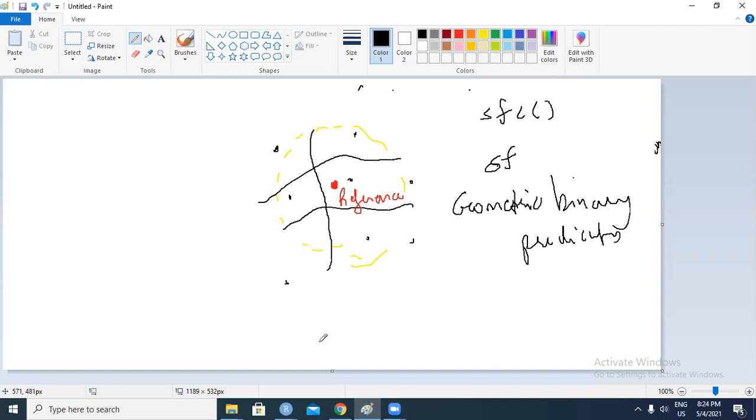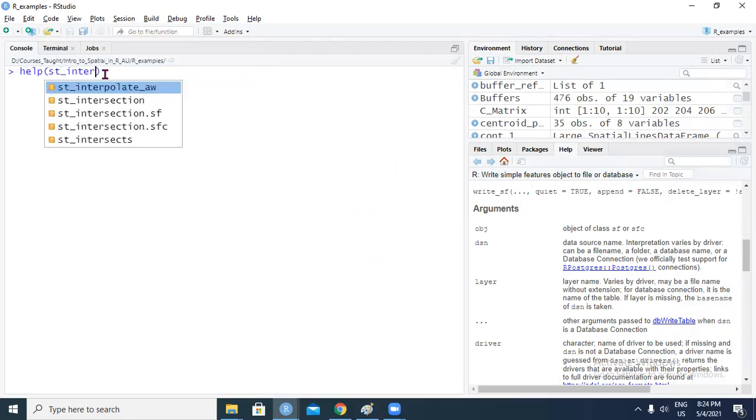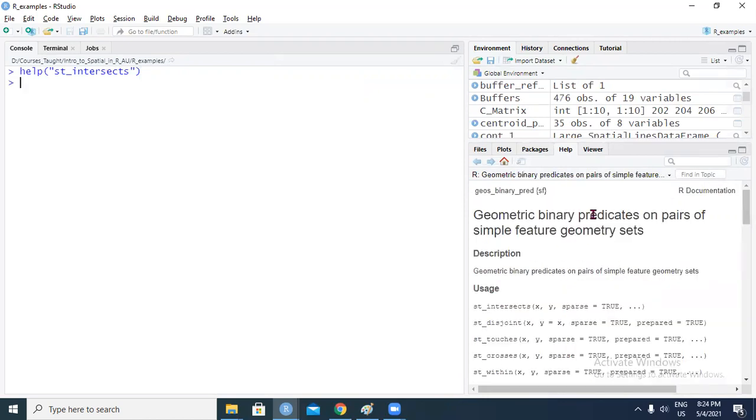If you go to your R console and type help st_intersects, you will see there are many such geometric binary predicates that throw a query and return a result based on a binary value, true or false.